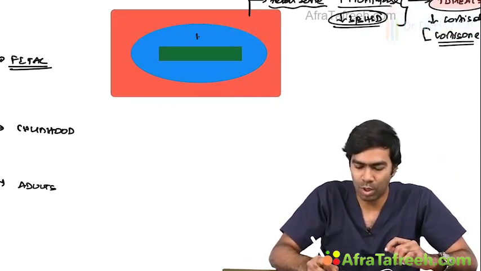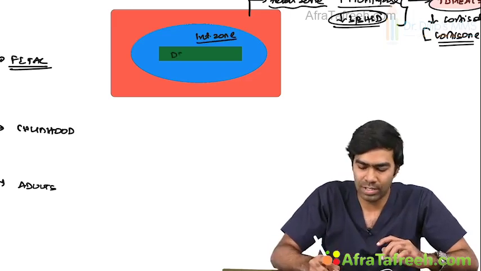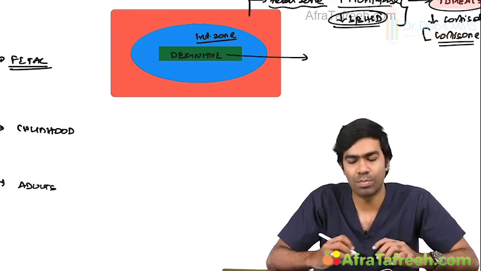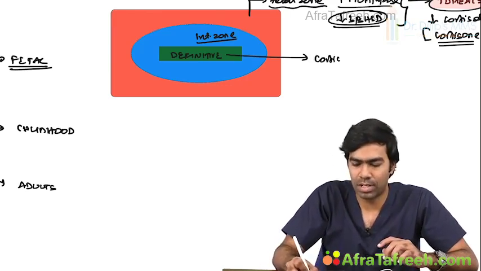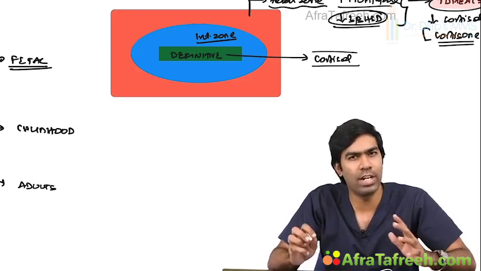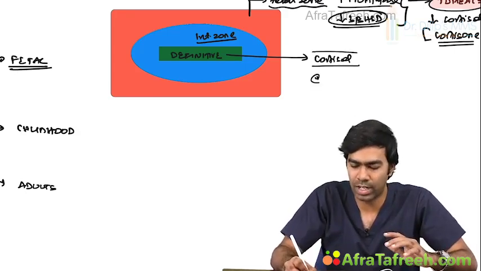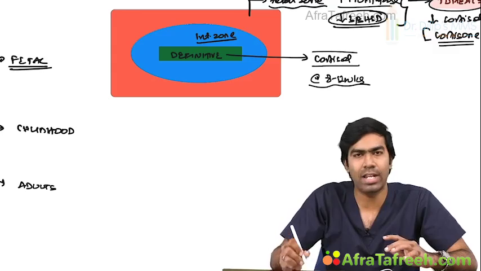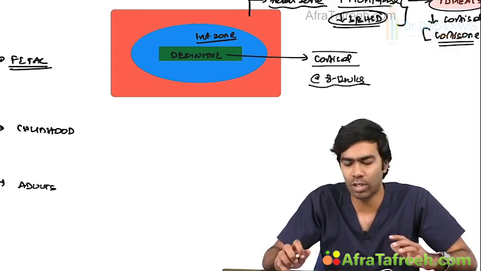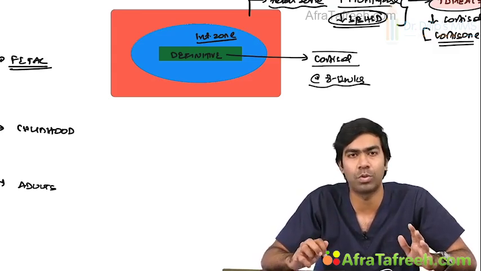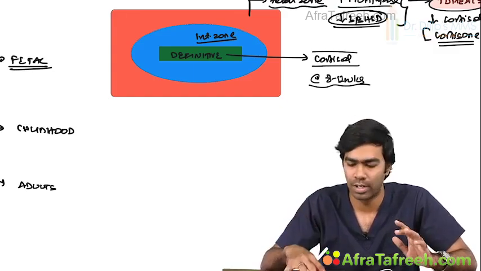At the same time, we don't know what the function of this intermediate zone is, but we have the definitive zone, which tends to produce cortisol, but only during that narrow period of 8 to 12 weeks. This 8 to 12 week window is really important for external genitalia formation. During this time, the fetus should not be exposed to unnecessary excess androgens. Normally itself,